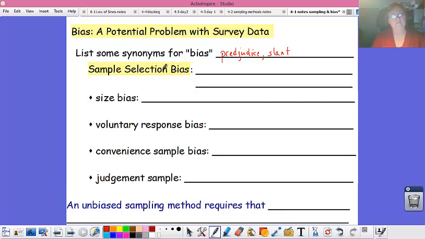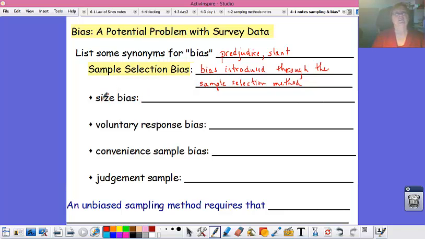Bias can be introduced into sampling in two different ways. By either the way you select your sample, that would be sample selection bias. So this would be bias introduced through the sample selection method. And as you can see, there are several types of sample selection bias that statisticians have to be afraid of and